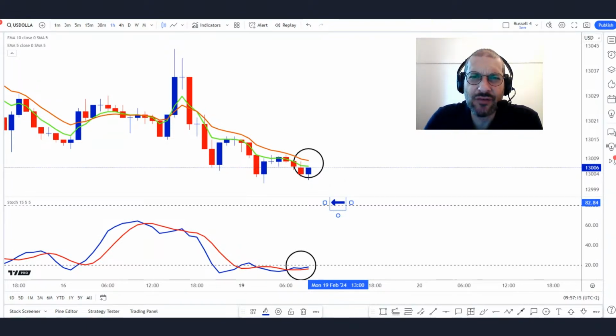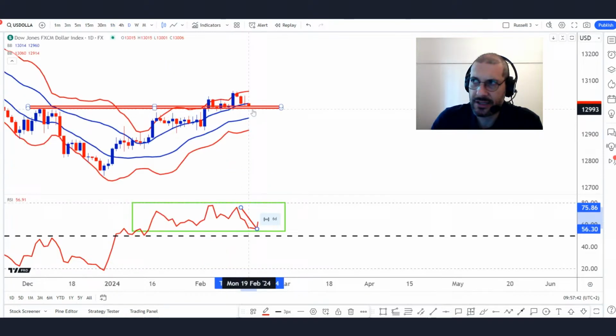So the idea is, let's try and analyze this from a top down. We go through to the weekly. We are above that 30-week. We've got that 30-week pointing up. We've got some sort of loss of momentum, and now some red that's kicking in. Is this perhaps a dip in the uptrend? Well, potentially. That means that when we take a look at the daily chart, we look at the support, and again, we're not looking at that in isolation. Then we go down to the hourly and look for the tick up.